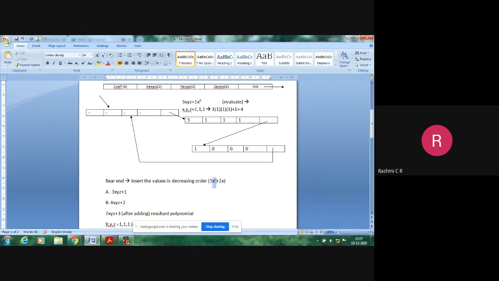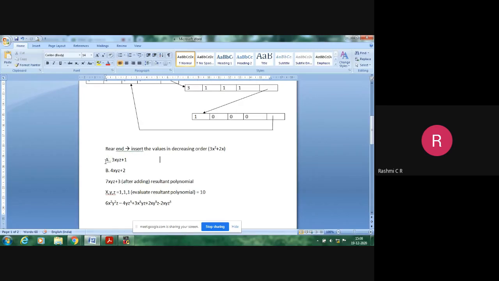Earlier it was x to the power of 2, then we reduced it to x. So the exponents should be inserted in decreasing order. When you insert in decreasing order, it will be inserted at the rear end. So this is the best example where 1 is inserted at the right part or the rear end of the particular node available. This we have to follow in this particular program. So it should be inserted in the decreasing order of exponents.